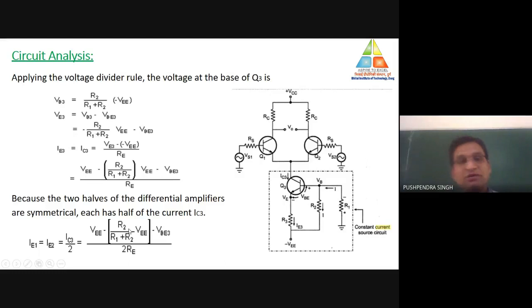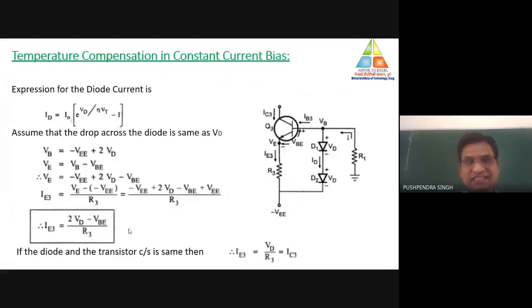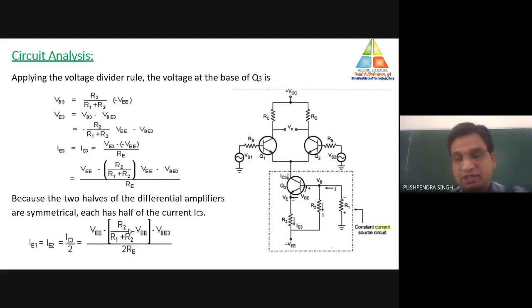So this is how we may easily calculate the value of current across the emitter terminal, by which we may keep the value of current constant. So this is the circuit analysis of the constant current biasing circuit. But there is a problem in this particular circuit. What is the problem? This expression depends on the value of VBE3, the base to emitter